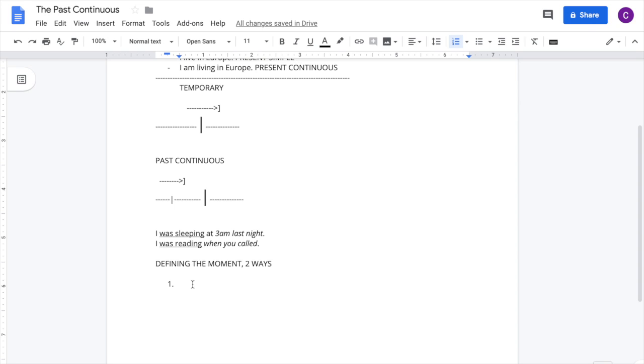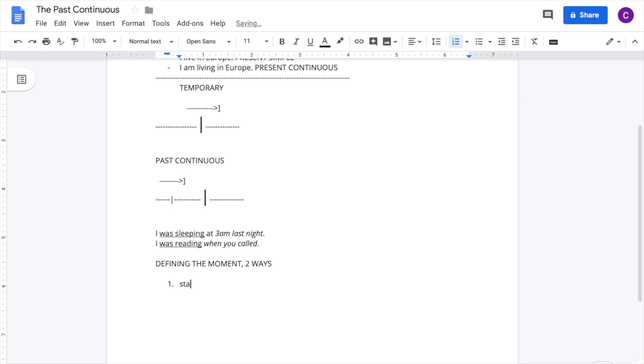Well, in order for something to happen before some moment, you also have to have that moment for it to make any sense. So just logically, in order to have these tenses, given the meanings that they have, given that they compare two different moments in time, we have to have both of those moments. And one of those moments is always going to be the defined moment. So, like I said, we have these two ways of defining the moment.